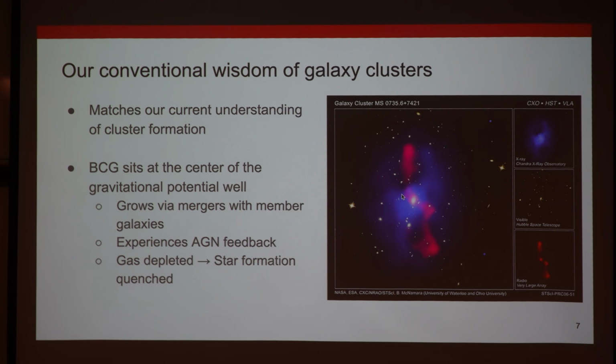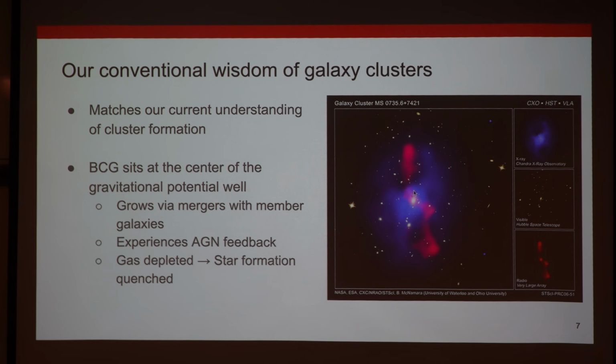And when you calculate how big the circle is, you can estimate how much energy has to be put into the system to create that big of a cavity. And that amount of energy is roughly equal to the amount of energy that is needed to heat up the gas and make the gas remain as hot as 10 to the 7 Kelvin up until now. So our understanding right now is that the AGN feedback is largely responsible for stopping the